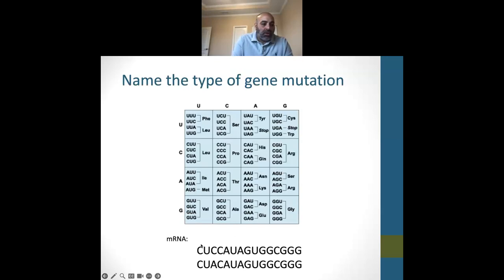Okay. First, we look at base pair substitution here. So we have CUC, which should be, where's CUC? There it is, leucine. And we change it to CUA. It's still leucine. This is a point mutation, and it's a silent mutation. No harm, no foul. These happen. You wouldn't know unless someone took your DNA from the very beginning and then later in life checked it, and they go, oh, look, it changed. Nothing to worry about here.